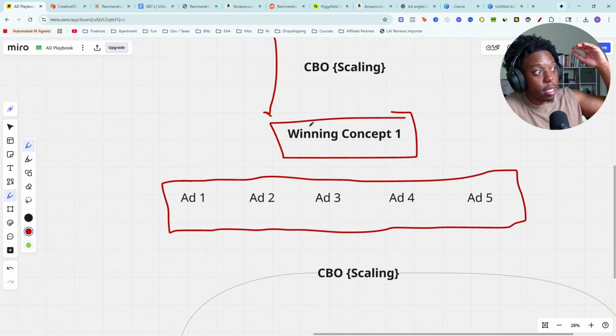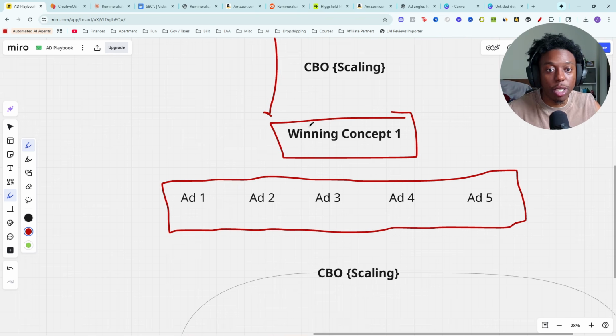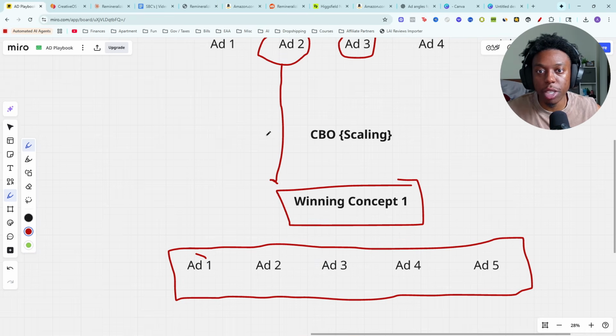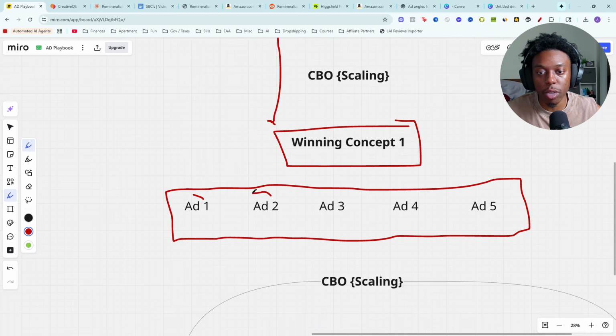Now we're going to start segmenting ad sets based off of the concept. So this is winning concept one. This is your before and after, or your us versus them. Now this should be the same ad that was doing well for you. And then you're just going to create a bunch of different variations of